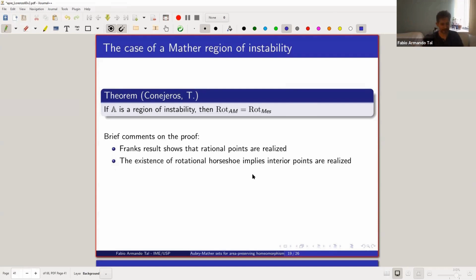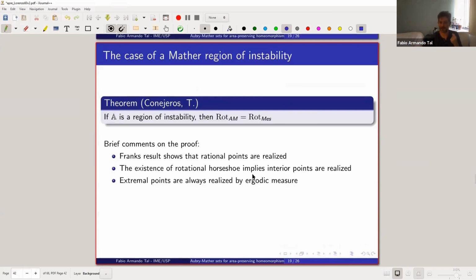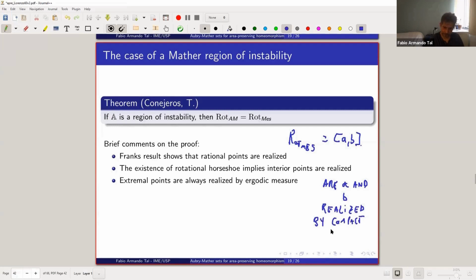So the only question remaining is, can I realize the extremal points? The extremal point, I mean, the rotation set here is going to be some interval AB, and the only question is, are A and B realized by compact sets? And the answer is, okay, at first I don't know if A or B are realized by compact set, but I know that